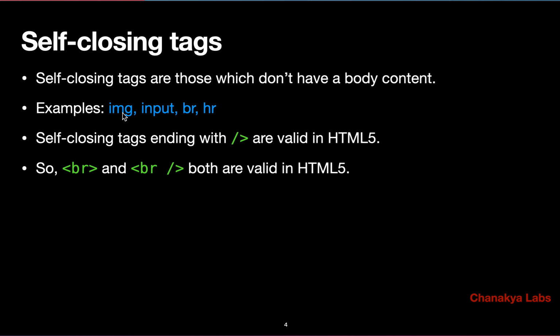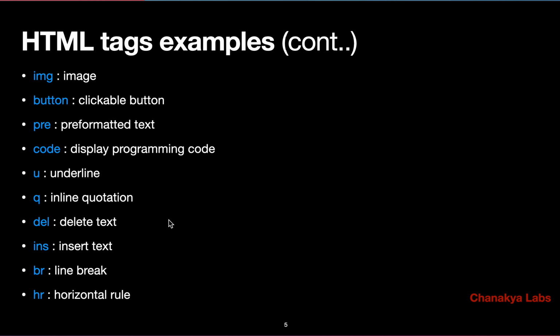But if you are writing a proper tag like IMG or input, you should try to write like this, because later we will see that there is something called JSX in React. In that, something like this is not valid. So you have to write like this only. If you are in the practice of always writing this, then no issues will ever come, which means that there also we will not write something wrong by mistake. Anyways,